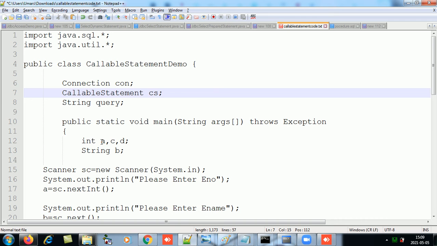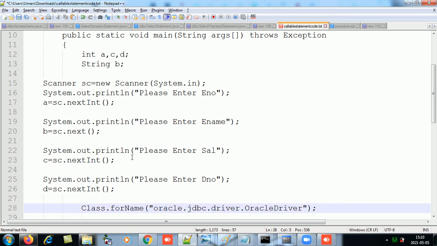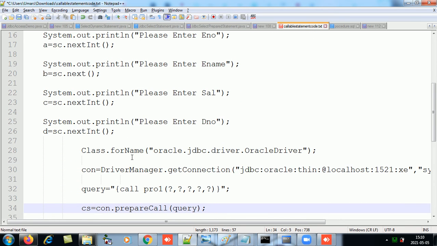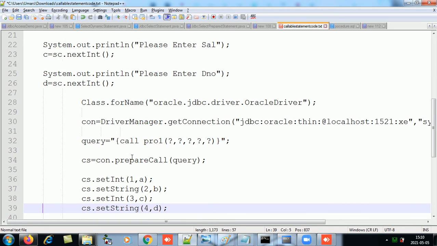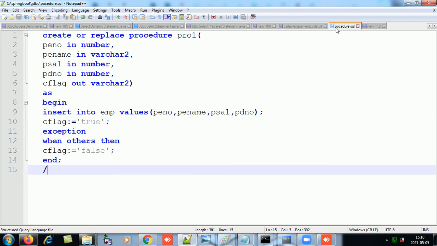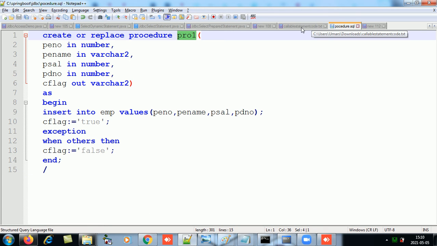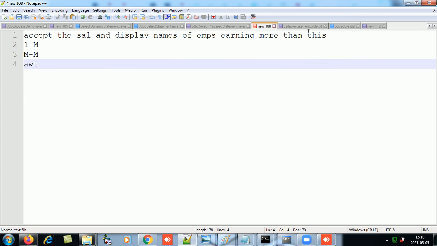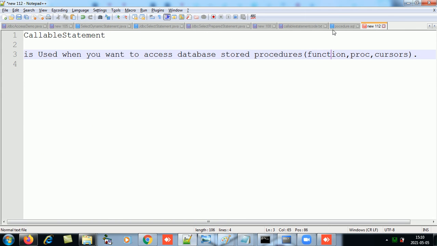These a, b, c, d are integer employee number, string employee name, double salary, integer department number. These 4 I accept from the user in a, b, c, d. Now drivers. Now the query will be call pro1, right? Pro1 was the name of our procedure, so we have to write like this.